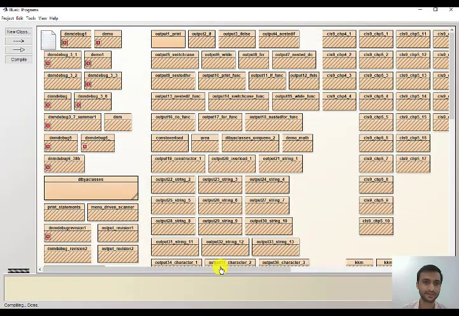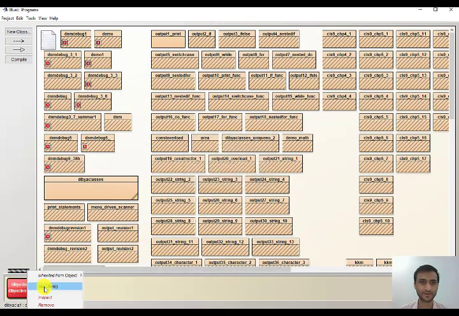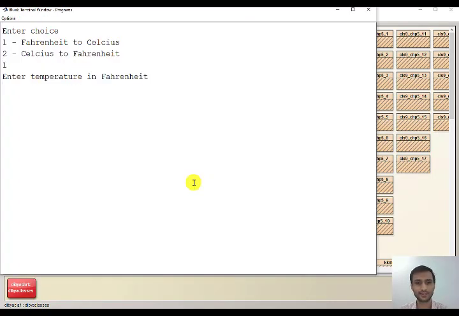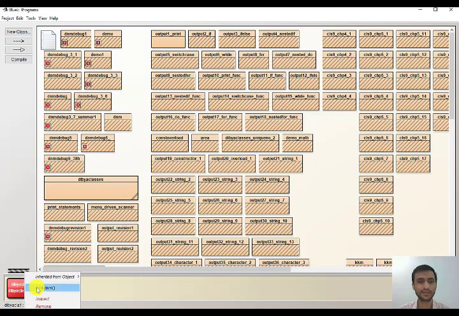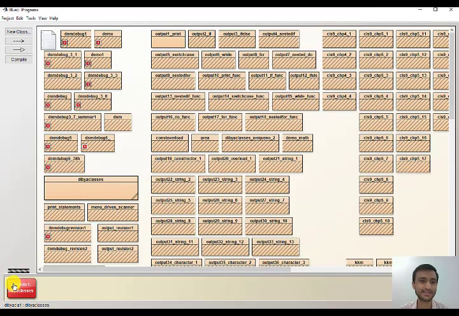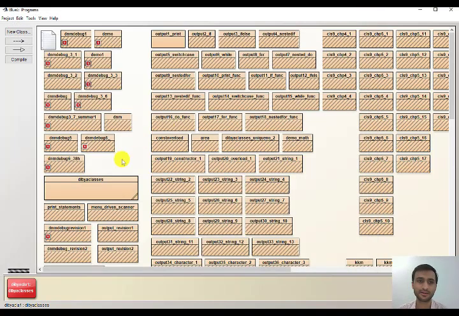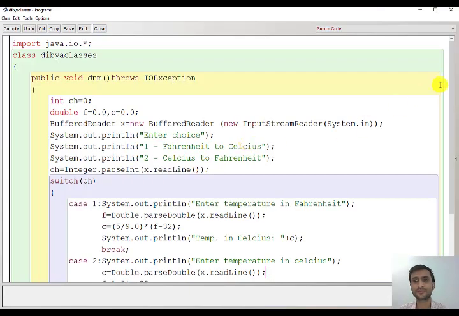Now we'll run it. It will look similar. So now we'll give the choice as 1 and the temperature 32 and it is 0 degrees Celsius. Similarly, now I'll give the choice as 2 and let the temperature be 10. So the answer is 50 degrees. And in case I give something different, that is 4, then you will get that it is a wrong choice. Wrong choice entered. It is a very simple program.